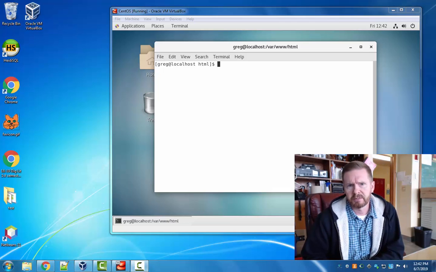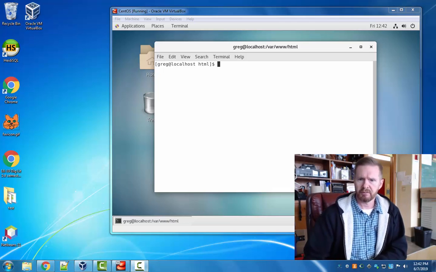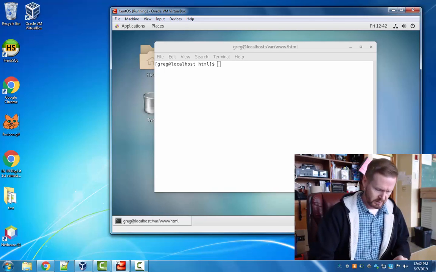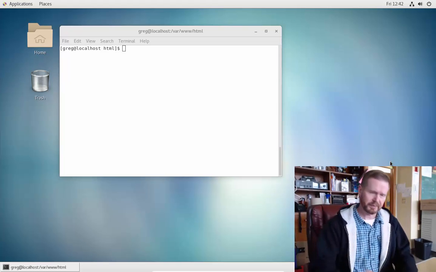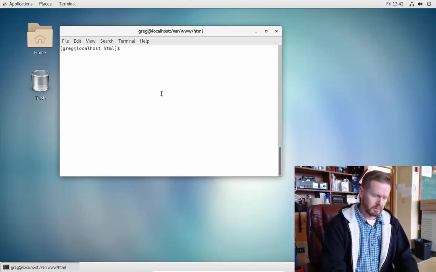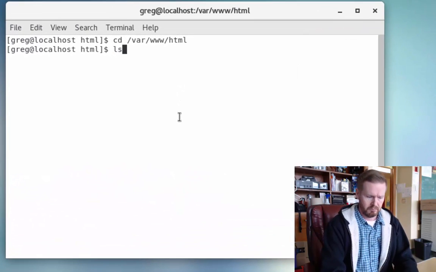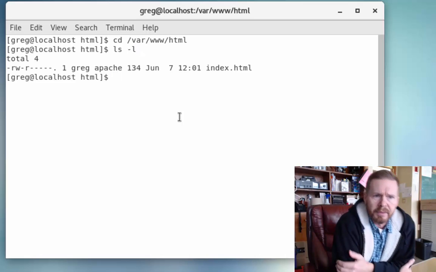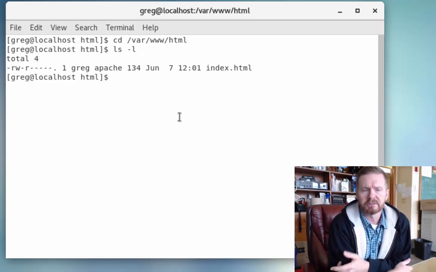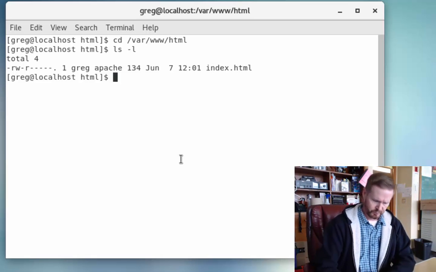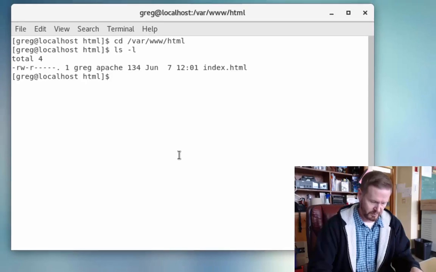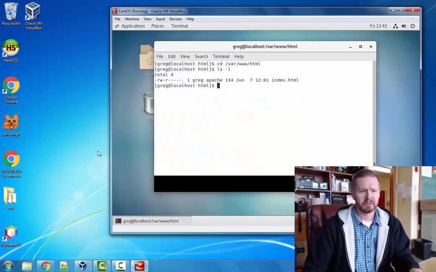Okay, actually there was a little problem at the end of the last video that I caught when I was editing and playing it back. Well, let's just look real quick. Alright, so here you can see we made the index file and its permissions are set correctly, but